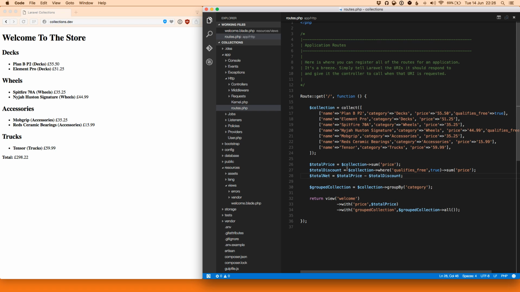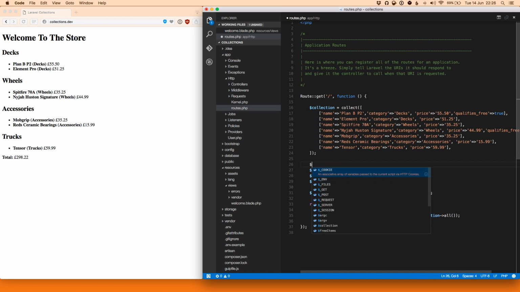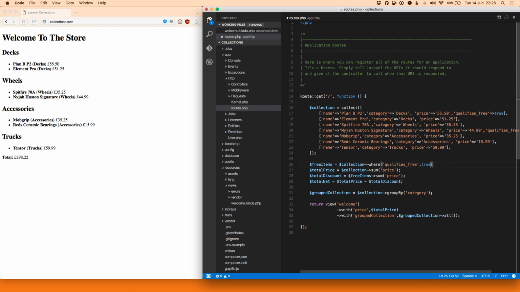And I'll tell you what we'll do. We'll plop this out into another collection called free items, because we might actually want to show which items are free on the front end. So free items, yep, we're going to use the where clause there. So now we've got some nice extra bits here. So let's plop these onto here. We're going to do free items,